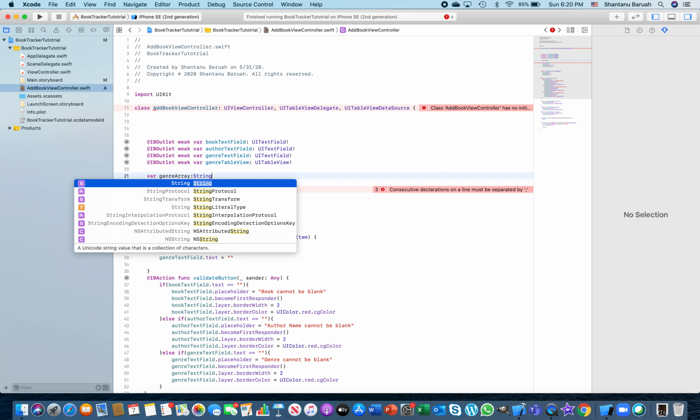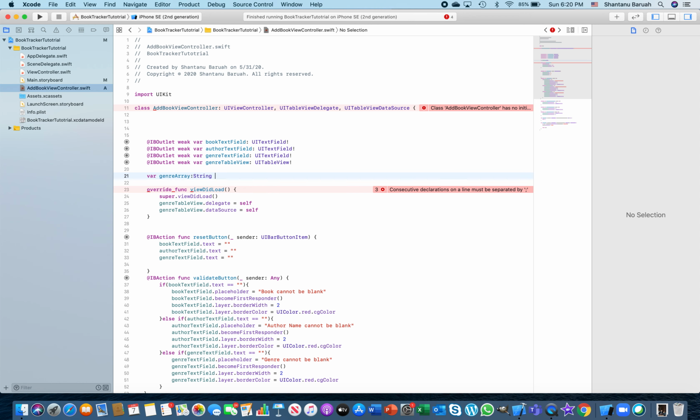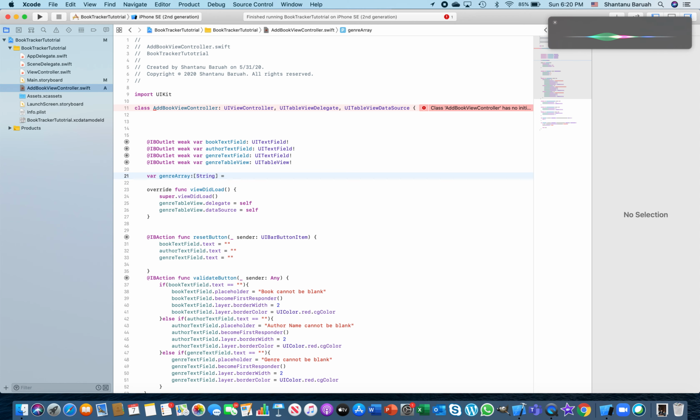This is a collection of strings, right? And this is an array, which means I can have many strings. When you want to show an array, you just put brackets around it. The moment you put a bracket, it basically means that this is an array. And then I want to put the values right within the brackets here. So I put the open and close bracket and put as many values as you want, comma separated. So I'll say